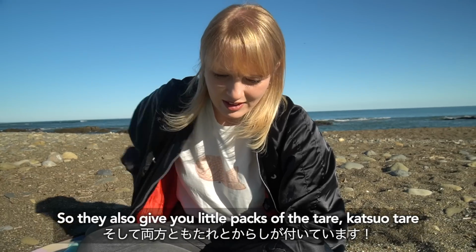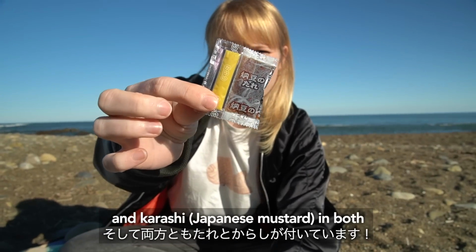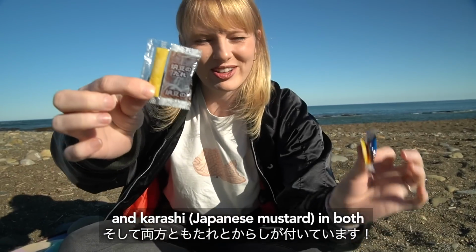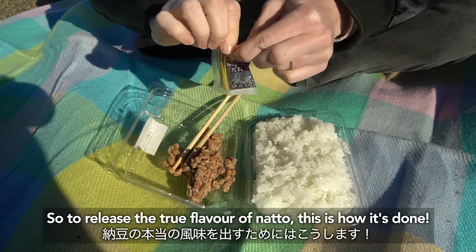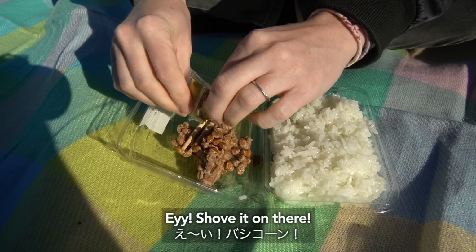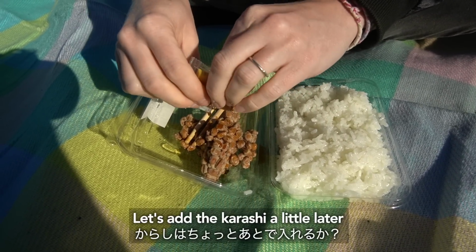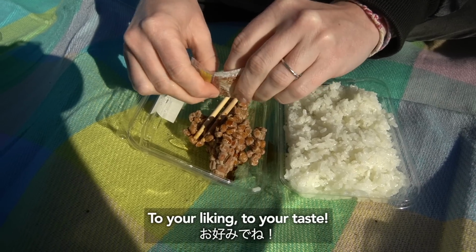Right. There we go. So they also give you little packs of the tare, katsuo tare and karashi, Japanese kind of mustard in both. So to release the true flavor of natto, this is how it's done. バシコン。うわうまいこれは。からしちょっと後に入れるか。